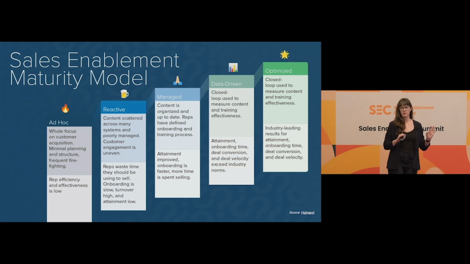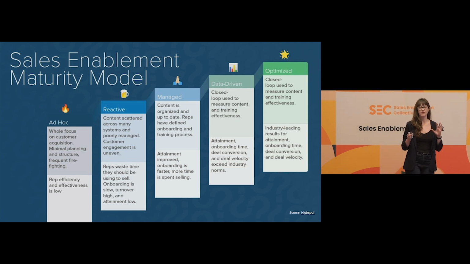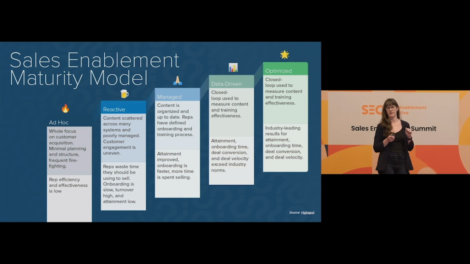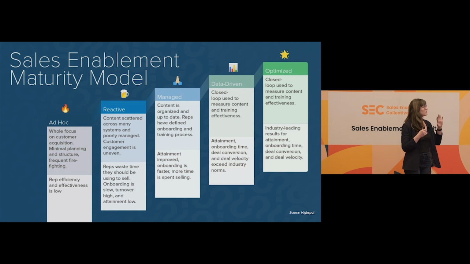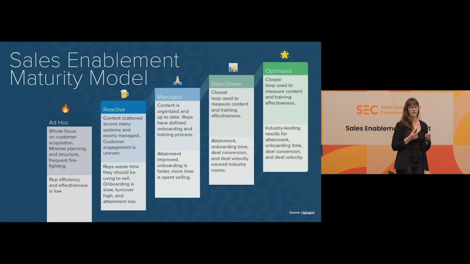Now, I know we're all enablers in here, and so we're all familiar with the maturity model, but I do just want to do a quick level set because there are different maturity models out there. I'll be honest, I grabbed this one from HighSpot, no relation with them. I just liked the graphic, and I liked that it had 5 steps. So I am going to do sort of the Cliff Notes version of each phase of the maturity model